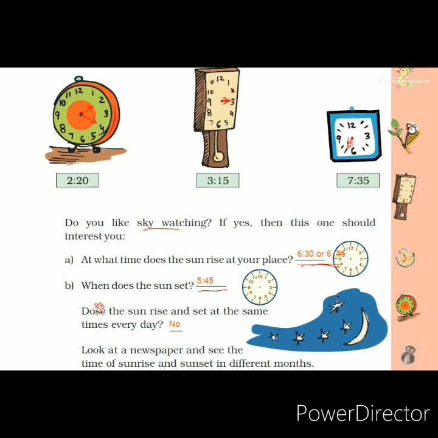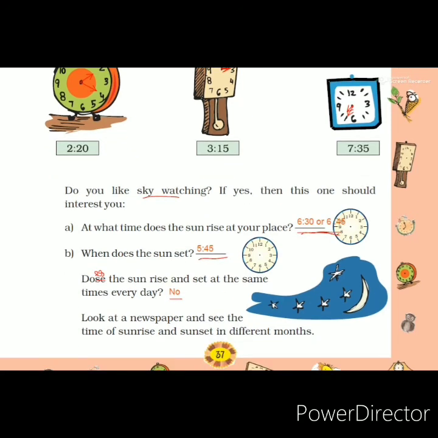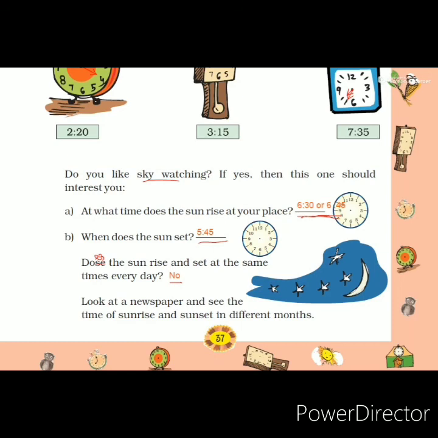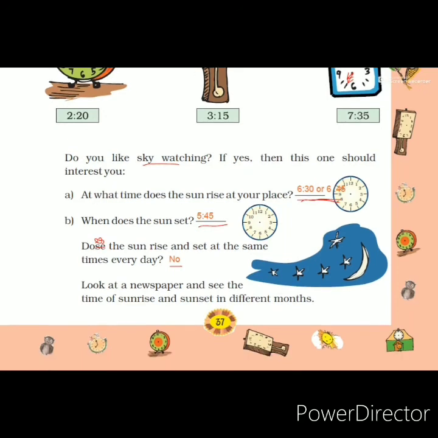Right, you have to write the answer. Students, today I have explained 3 pages: page numbers 35, 36 and 37. All these answers I have shown on these pages. You have to copy these answers into your textbook. I will not give a separate note for the textbook answers. So watch these videos and at the same time copy these answers into your textbook only, not in your notebook. Okay.